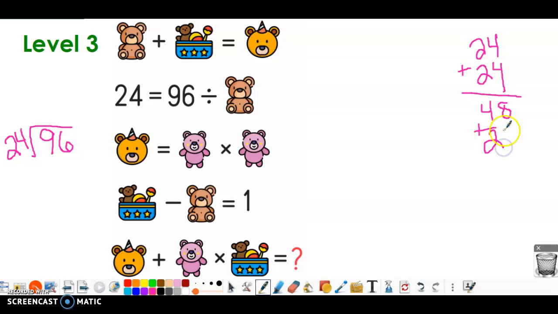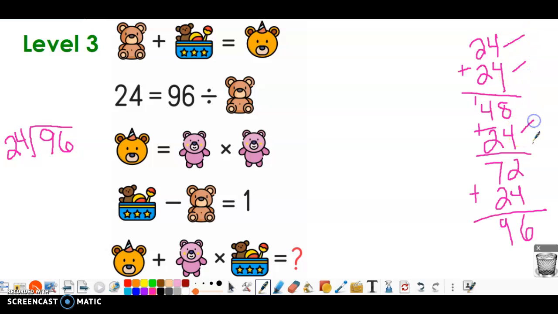Sorry guys, I don't have my little pen, so it's a little sloppy here. 8 plus 4 is 12. 4 plus 2 is 6 plus 1 is 72. Okay, we're almost there. Let's see if we can squeeze in another 24. All right, 4 plus 2 is 6. 7 plus 2 is 9. 96. How many 24s make 96? 1, 2, 3, 4. Okay, so that means brown bear equals 4, because if you take 96 and you divide